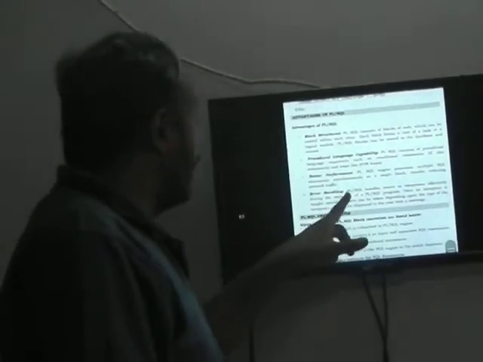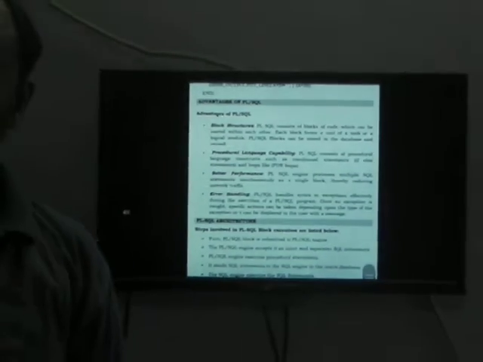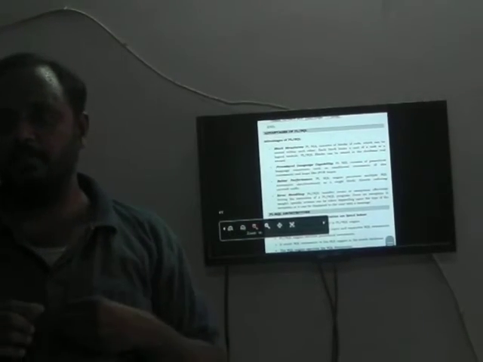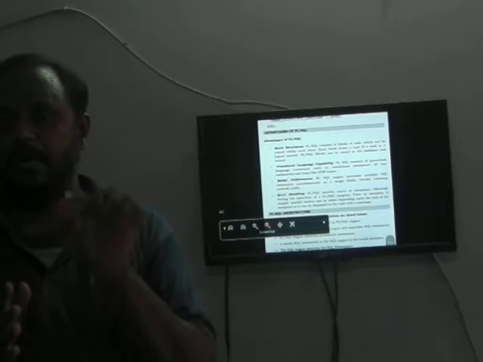So next, error handling. As I said just now, exception is nothing but error handling. PL/SQL handles errors and exceptions effectively during the execution of a PL/SQL program. Once an exception is caught, specific actions can be taken depending upon the type of the exception, or it can be displayed to the user with a message. C cannot support exception handling. CPP and Java support exception handling. What do you mean by exception? I said clearly, exception is nothing but runtime error.